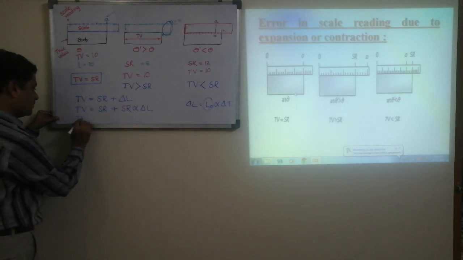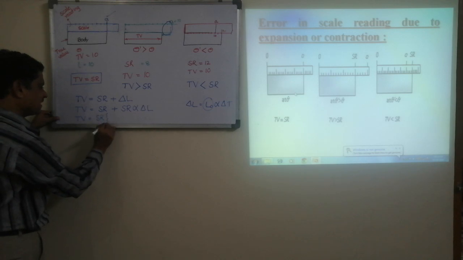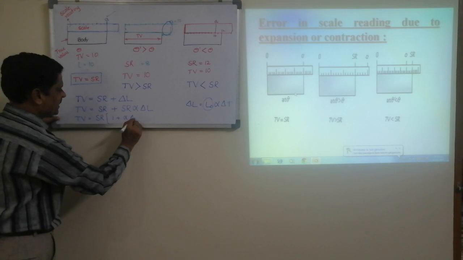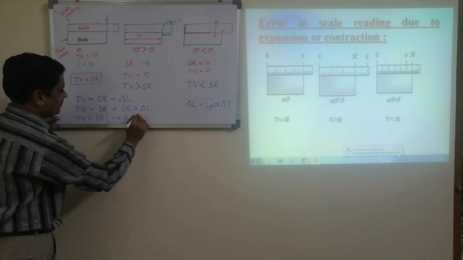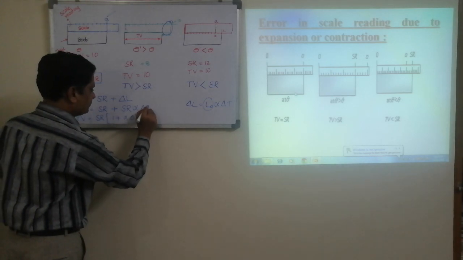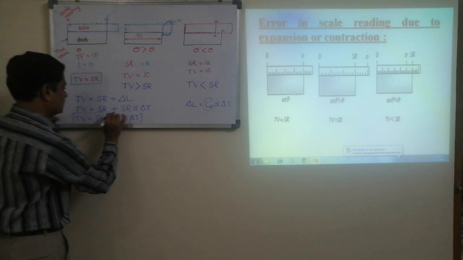Therefore true value can be written as scale reading taken common, 1 plus alpha into delta t. Sorry, not delta L, it's delta t. This is the case